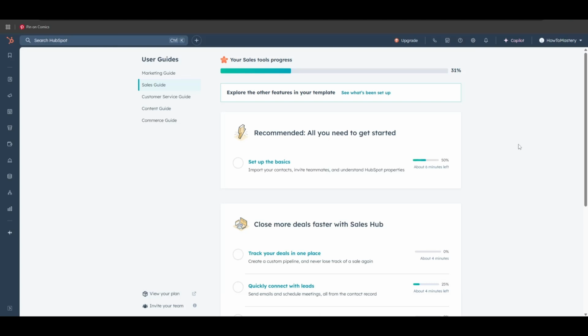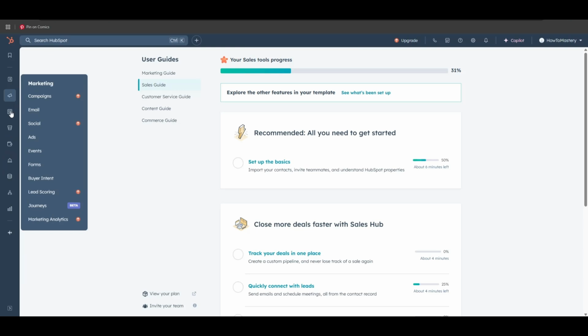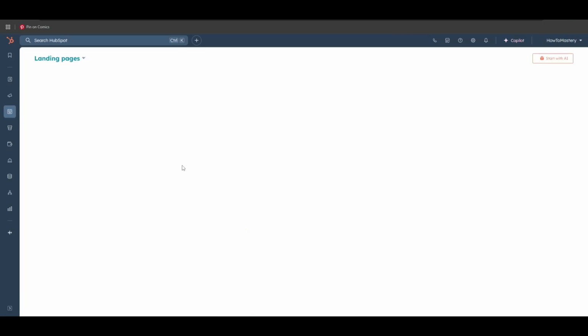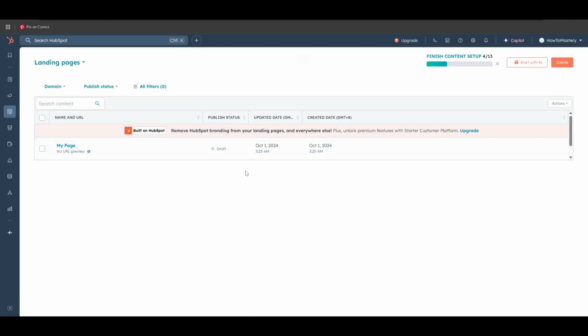How to build a landing page in HubSpot. So first, go to HubSpot, and then you can just hover your mouse over this content icon here, and then you can just click on landing pages. Okay, now from here you can just click on create here at the top,